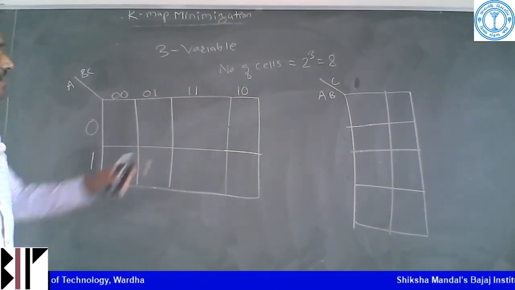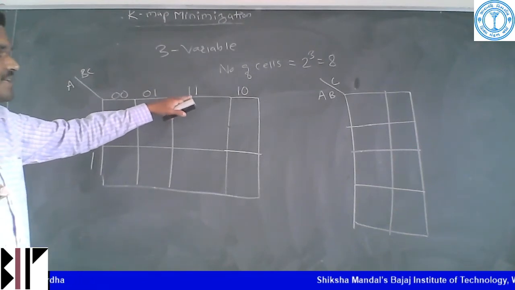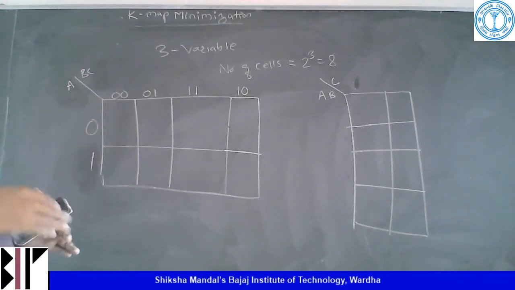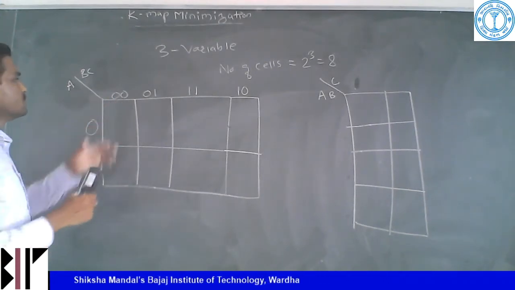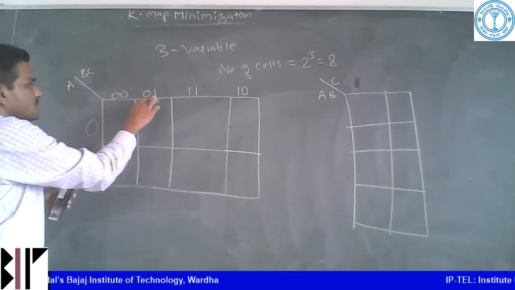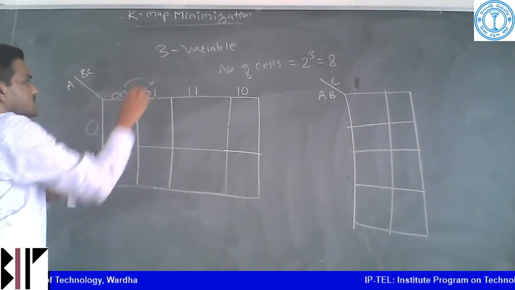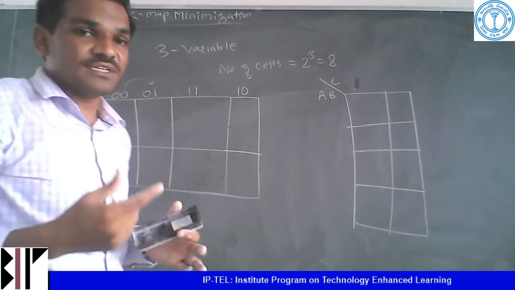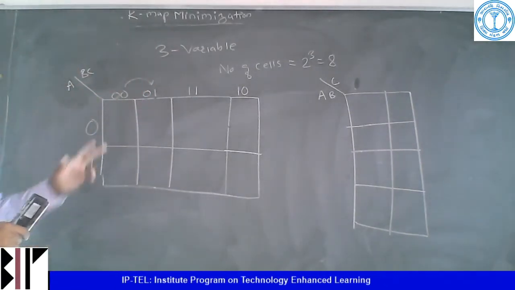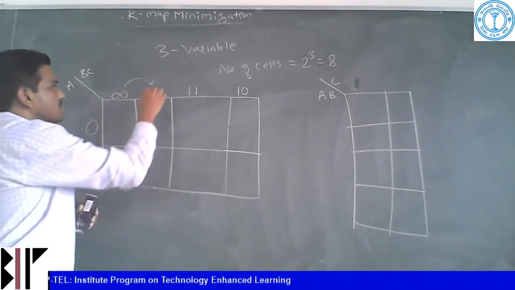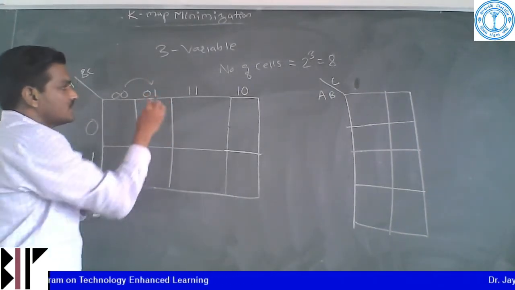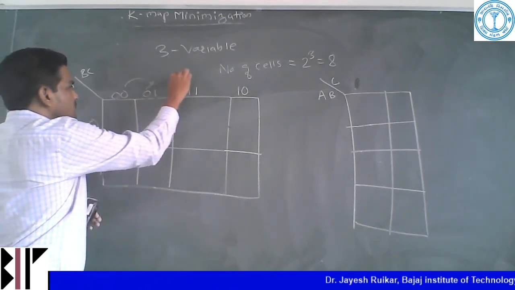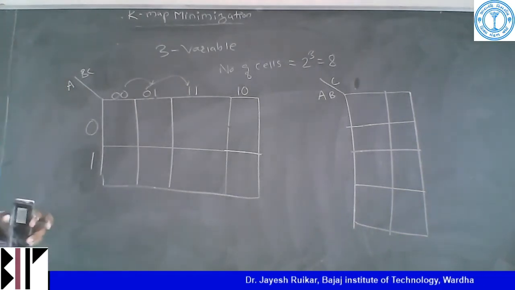Okay. How is this actually done? Listen here. This K-map changes by only one state at a time. So 0, 0 is there, and here 0, 1 is there. So only one state change is there, either in the normal form or in the complementary form. Now here 0, 1 is there, and here 1, 1 is there. So only one change is there from this variable to this variable. Only one state change is there.